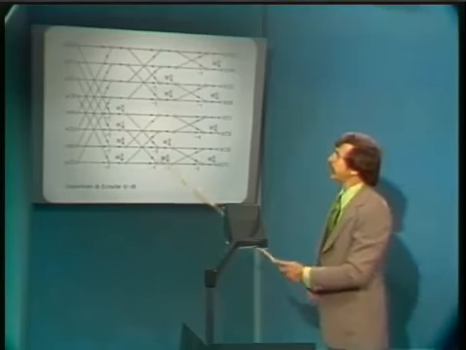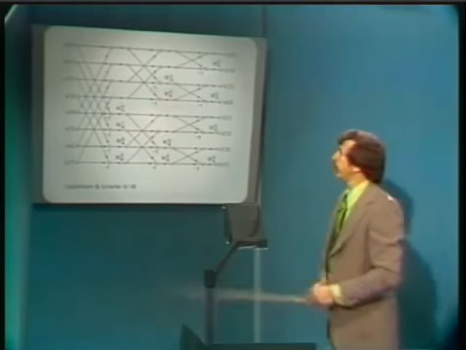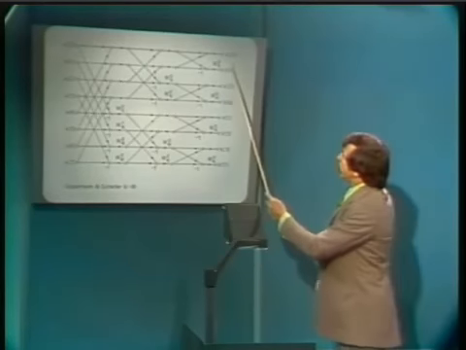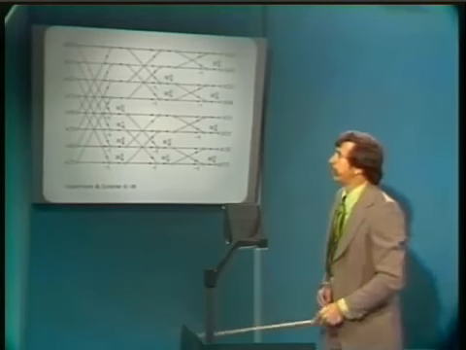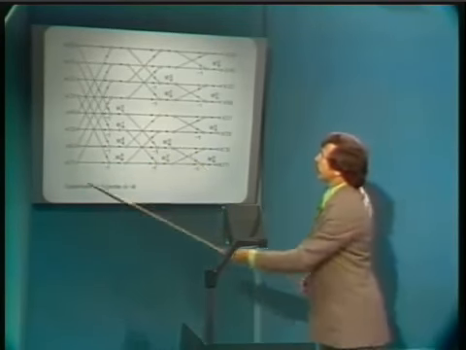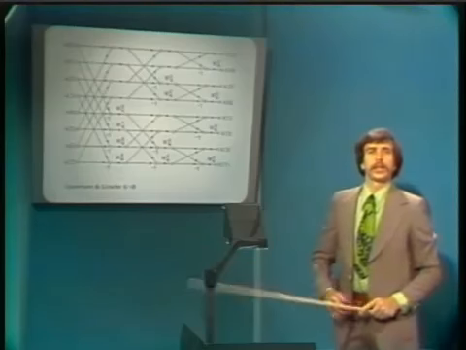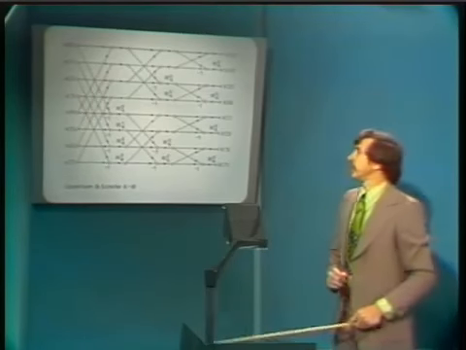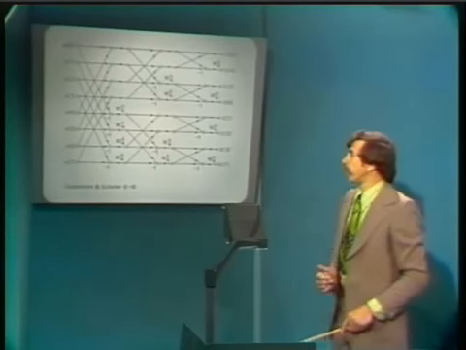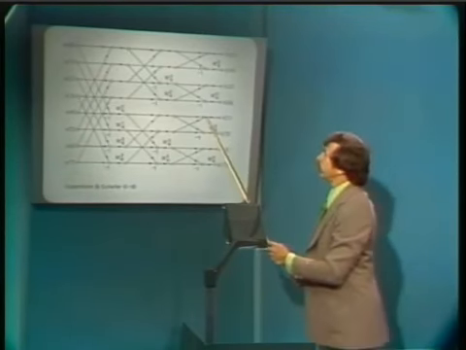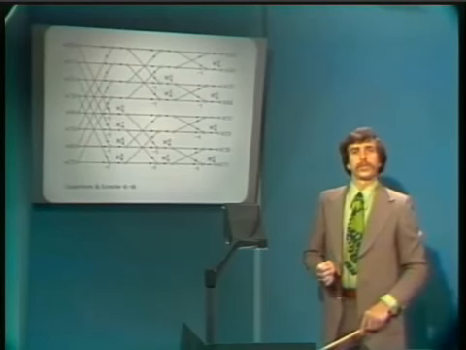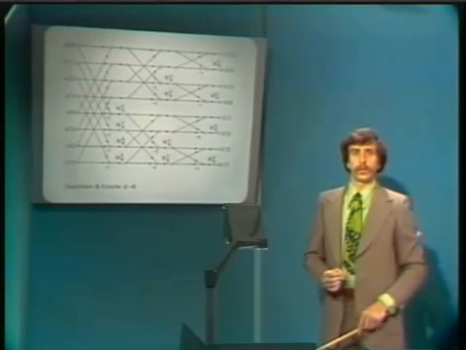So if we took this flow graph, changed the direction of all of the arrows, and treated this set of nodes as the input nodes and this set of nodes as the output nodes, then since the flow graph, as is indicated here, computes the discrete Fourier transform, the transposed flow graph would also compute the discrete Fourier transform. And in fact, the transposition of this flow graph is identical to the first FFT flow graph